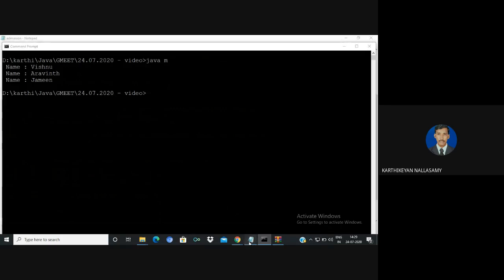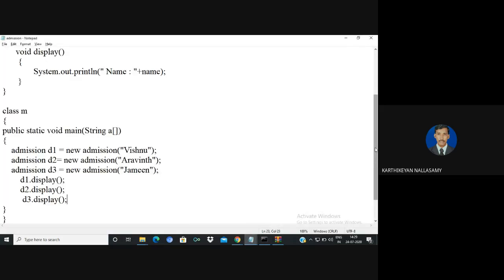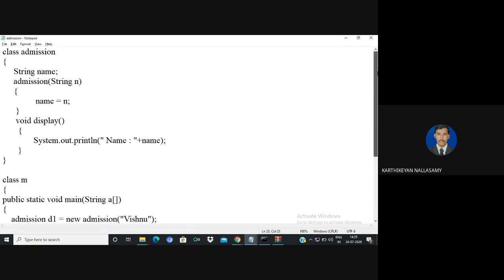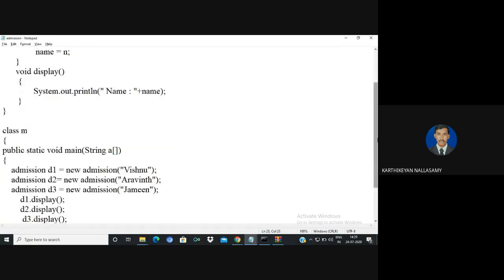But we know that for every normal variable, that is, an instance variable, memory is allocated separately. Okay, let us see that. I'm going to create objects.